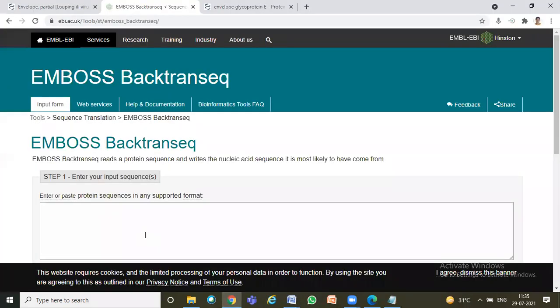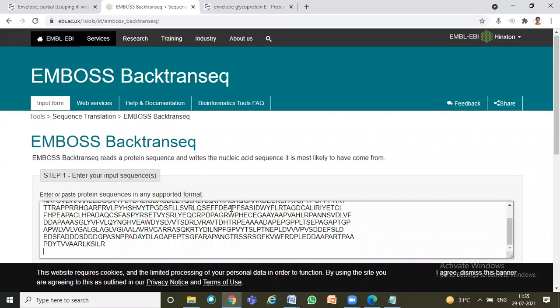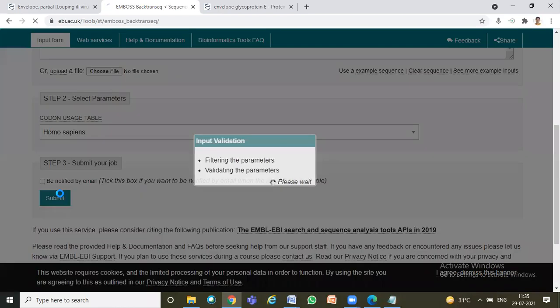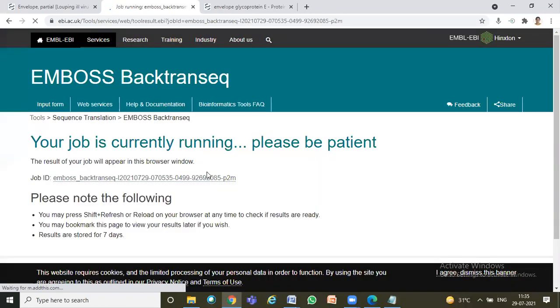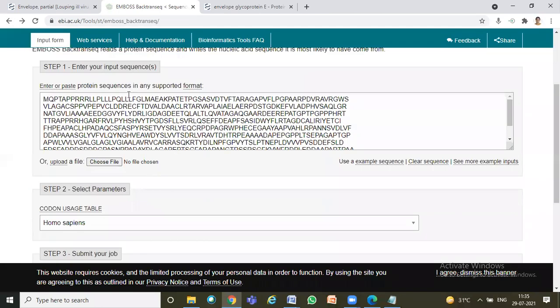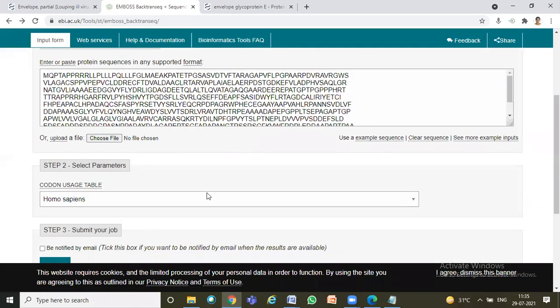Because sometimes this is important, you may know only the protein sequence. Let me go back here. Whenever you do this, a few filters you have to check. The sequence we are using is a viral sequence, not a human sequence, right?